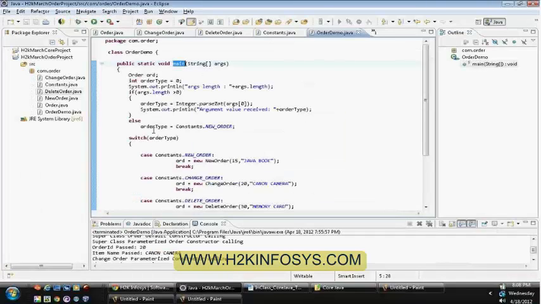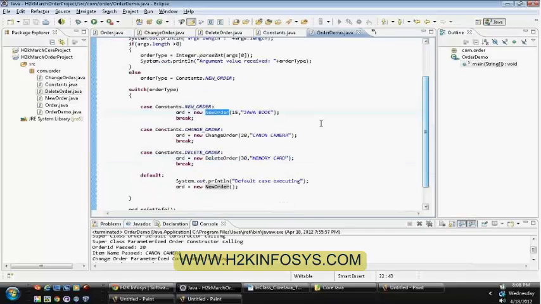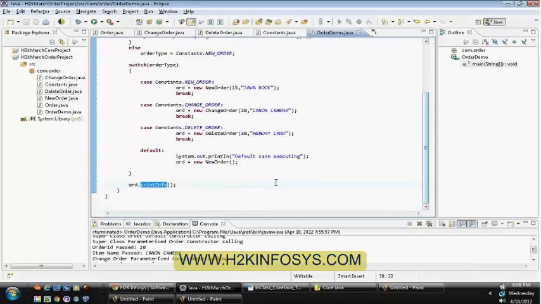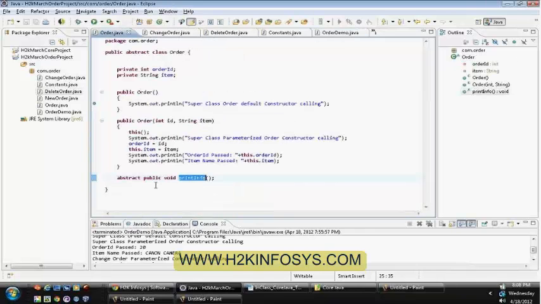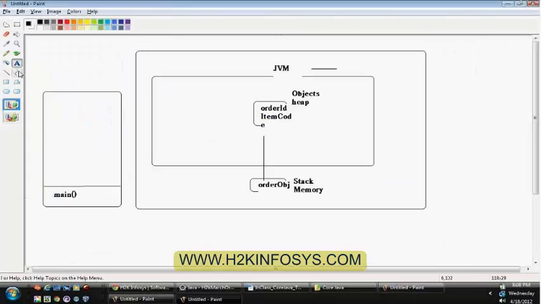When it sees that you are creating a new object, it is supposed to call that particular constructor. And here you are calling the print info method on that particular order object. Forget about constructor calls and all. The next method that will be called from our main method is the print info method. So at this time, the print info will be placed onto the stack.